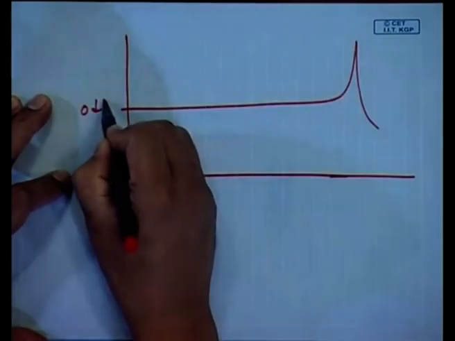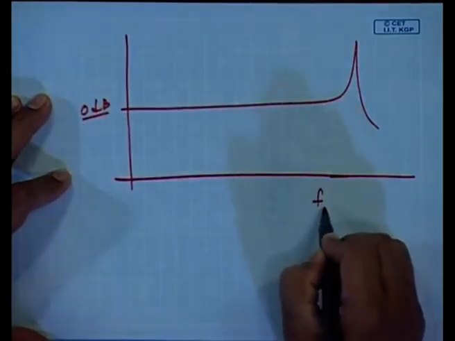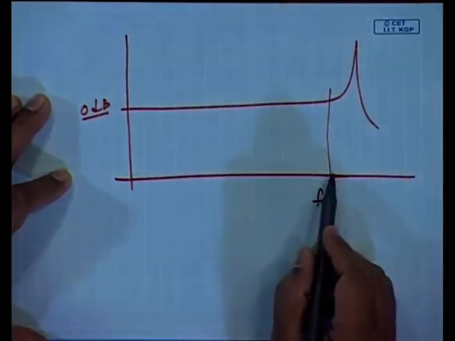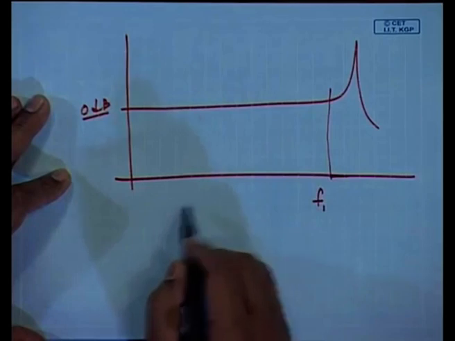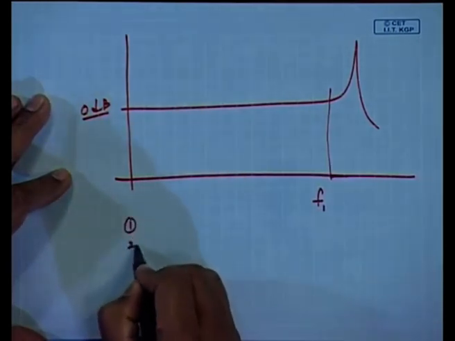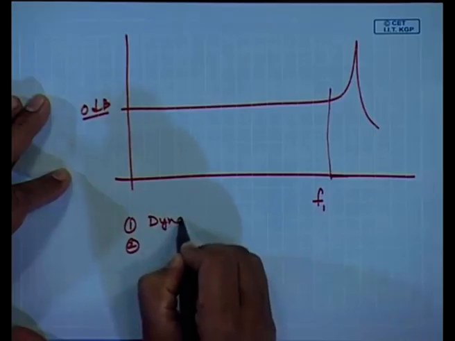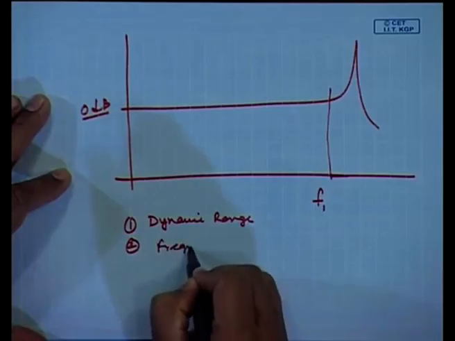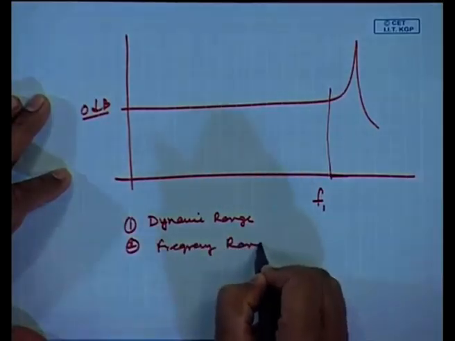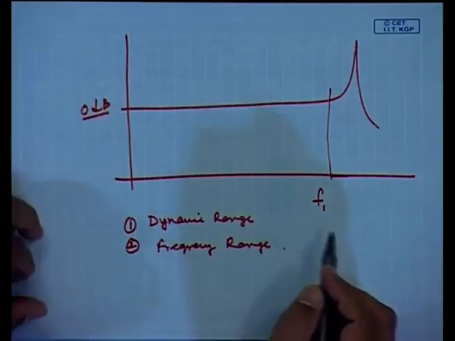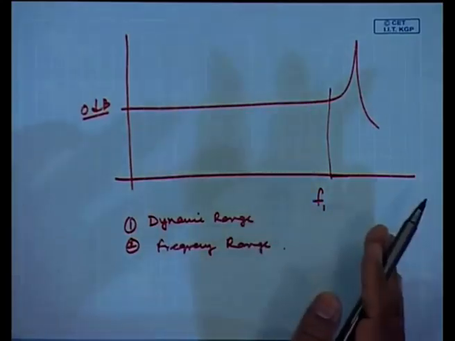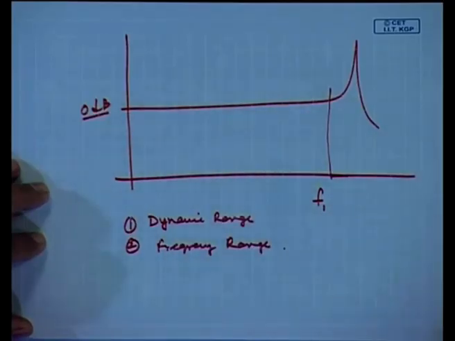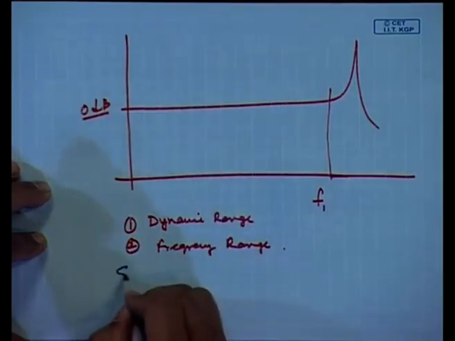This is a typical frequency response curve of a vibration accelerometer, and this sensitivity, take it back again. So, there are two important parameters, one is the dynamic range and another is the frequency range. Because we are talking about dynamic signals. So, the accelerometers have a very large frequency range, and the smaller the accelerometer,